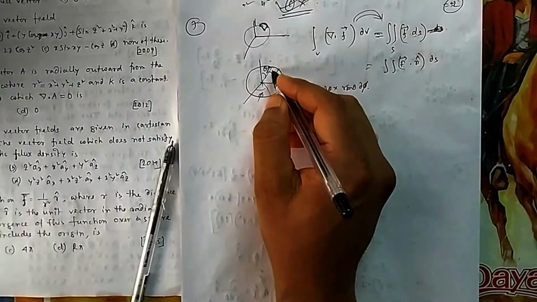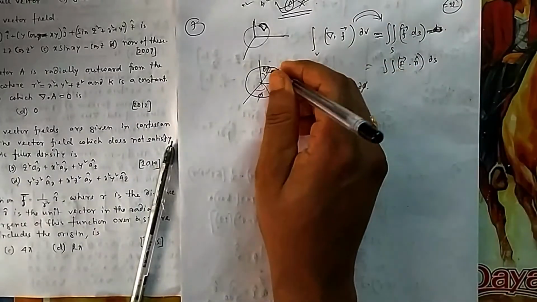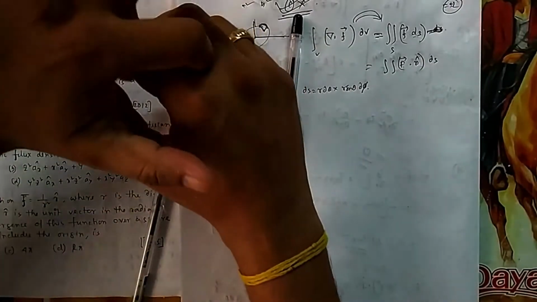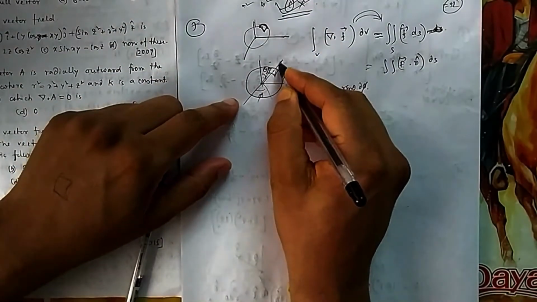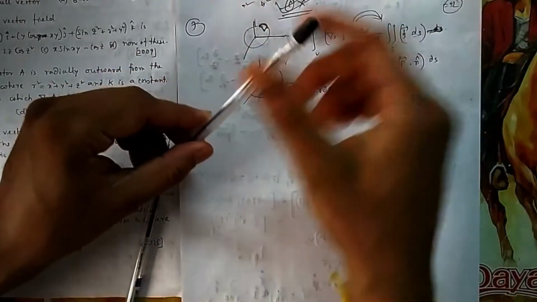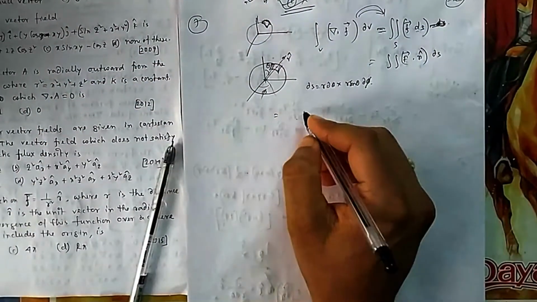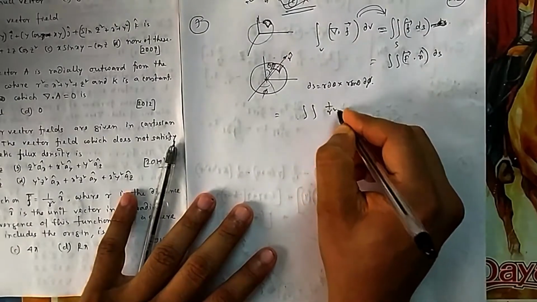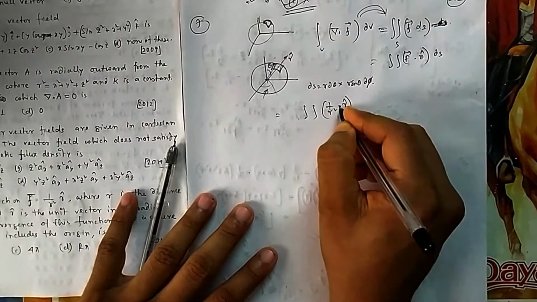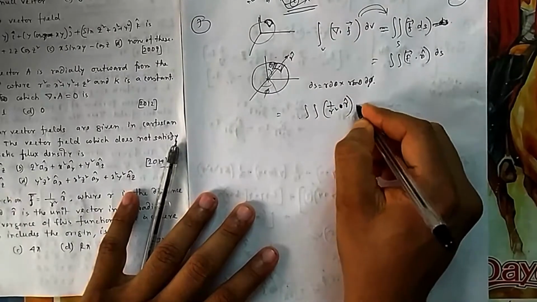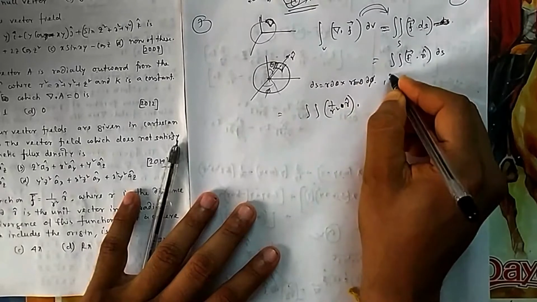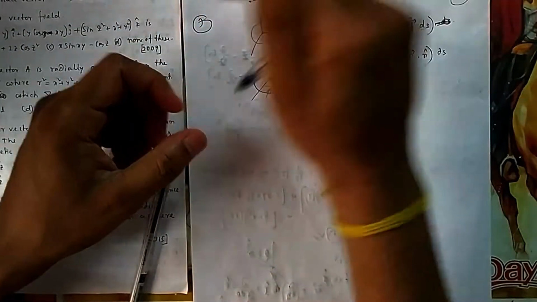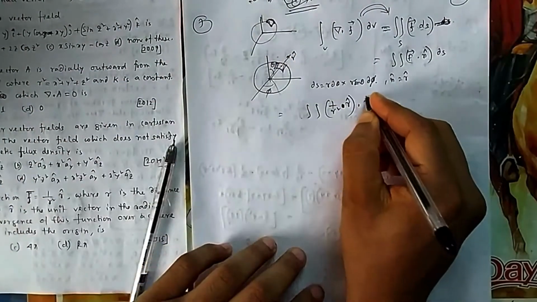Now what is the n cap? n cap is the normal that is coming out of that surface. If this is the surface, what is the normal? That radial vector r is coming out of this surface. So this is your r cap. So ultimately if you replace all these things, what is this F? They have given F as 1 by r square r cap. That will be dotted with n cap, which is here r cap, because n cap is the normal to that surface, and the normal is the radial vector coming out of it.